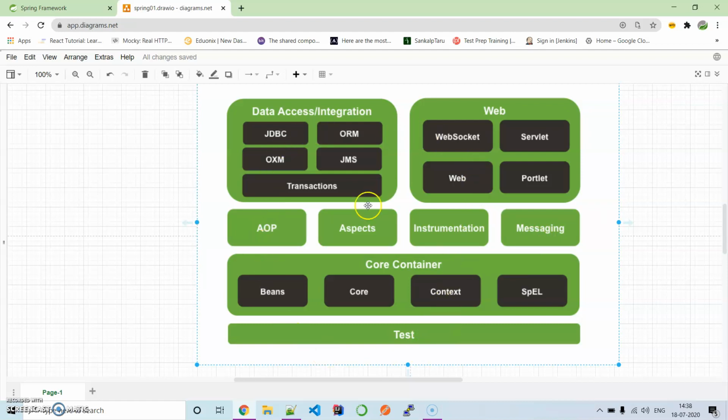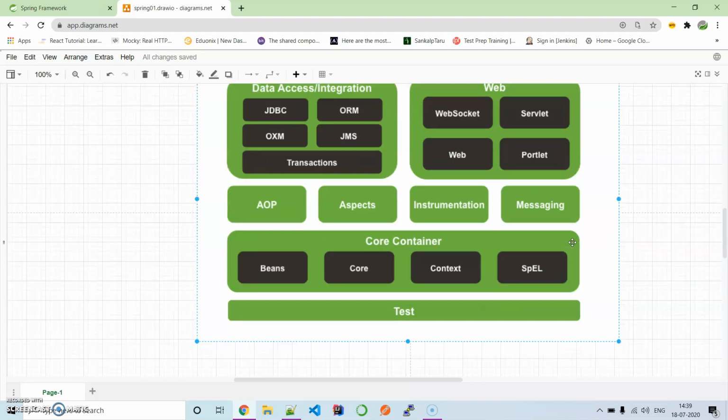So these are the important modules: 8 big modules, and inside those, in total 18 modules are there, inclusive of both the submodules and the modules, which are performing one or other functionalities. We will be discussing them in the forthcoming tutorials, where we will be covering the Spring MVC tutorial. I will be demonstrating that.